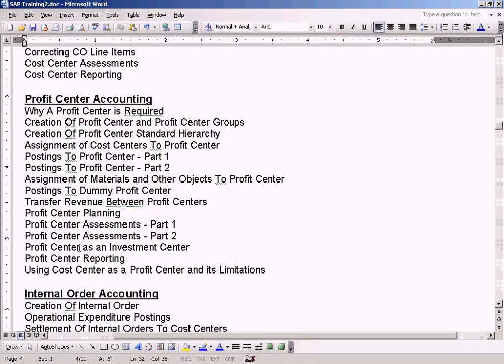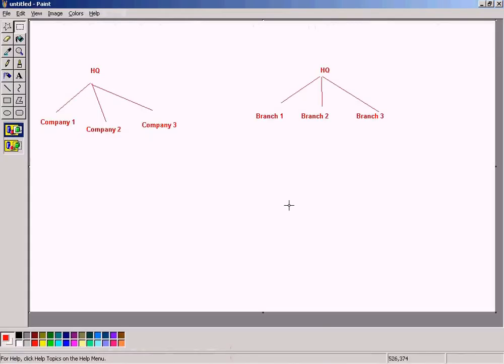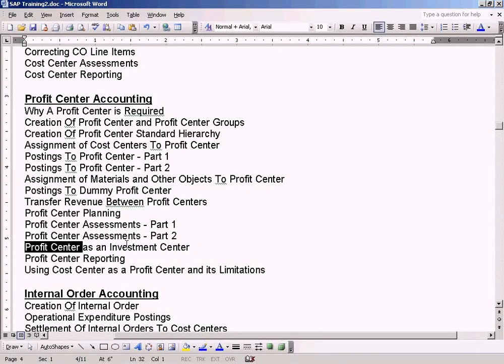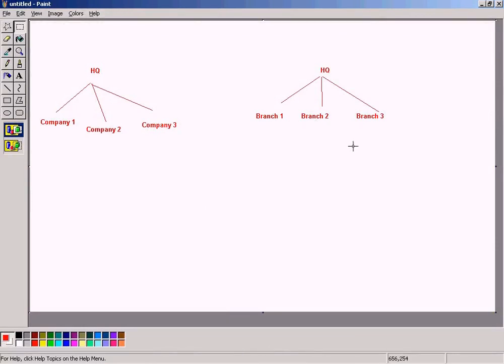So this is the reason why we can use profit center as an investment center, because each of these branches can be referred to as an investment center, meaning that the HQ would like to monitor the performance of each and every branch as an investment. So in order to track the return on investment for each of these investment centers, we can use profit centers. We can create a profit center for each and every branch, and then post the postings to the respective profit center and measure the